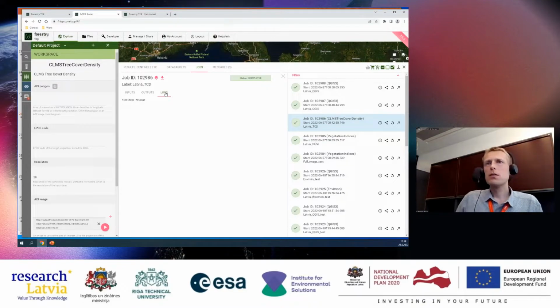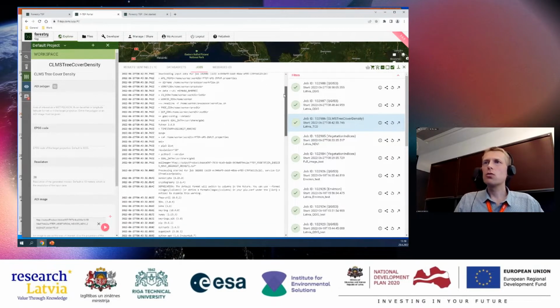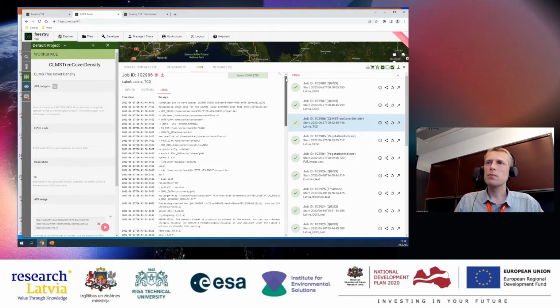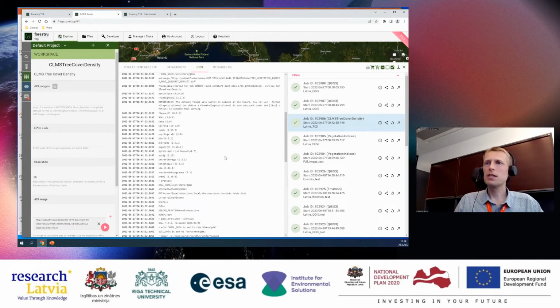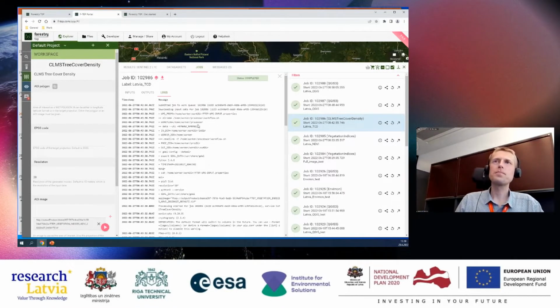It may be because there are 40 or 35 people doing the same things at the same time. Anyway, the logs are visible here after. So if you run into some problems with the running, you can check the log and see where it ended, what happened.